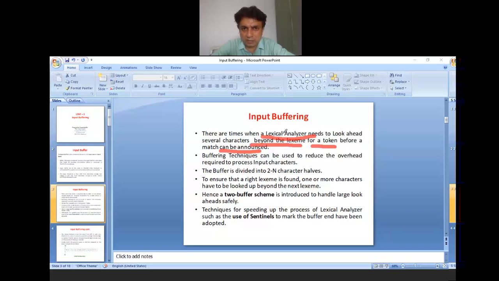So when the lexical analyzer needs to look ahead several characters beyond the lexeme for a token before a match can be announced, in that situation we need the input buffering technique. Buffering techniques can be used to reduce the overhead required to process the input characters. So this is the main definition of input buffering.